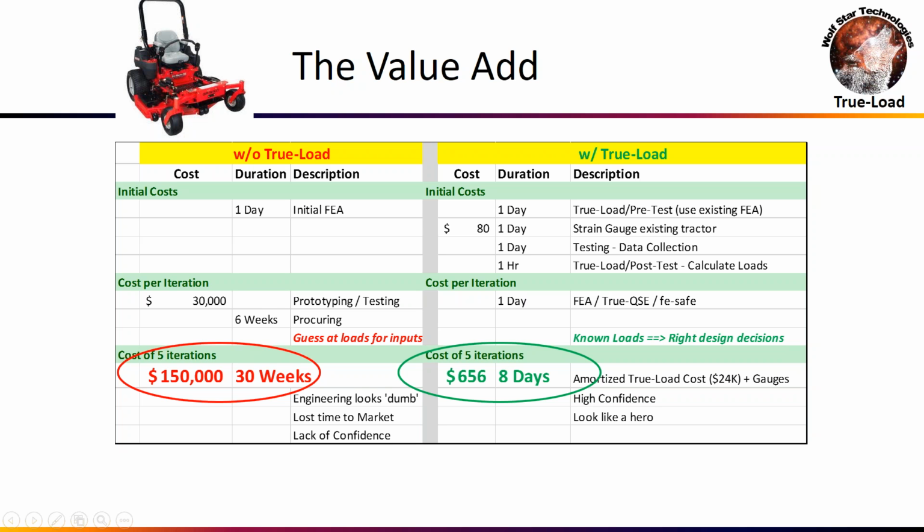So I just want to kick it off with what I call the money slide. We'll get into more detail on this in the end, but basically this is an actual customer example. When they looked at doing their test and development work without TrueLoad on the project that we worked on, they said it would normally have taken them 30 weeks and $150,000 to do the project. When we did it with TrueLoad, if you amortize the cost of the software, it was under $1,000 and 8 days. We'll get into the details of that, but I just want to whet your appetite with that, and we'll come back to it at the end, okay? So, leading with the money, just to let you know what the potential is with TrueLoad software.